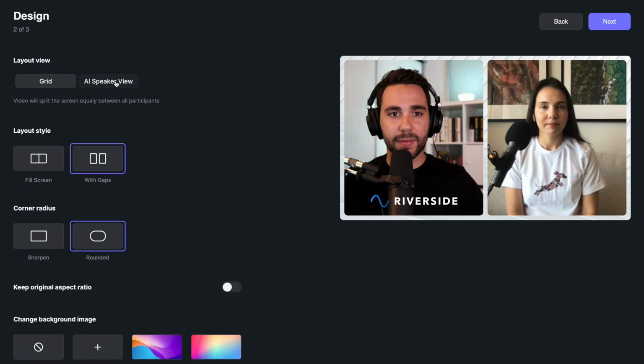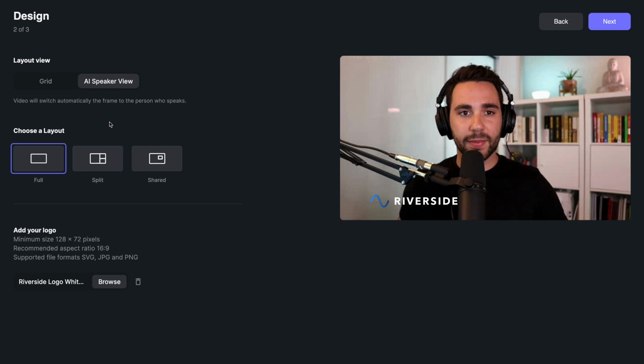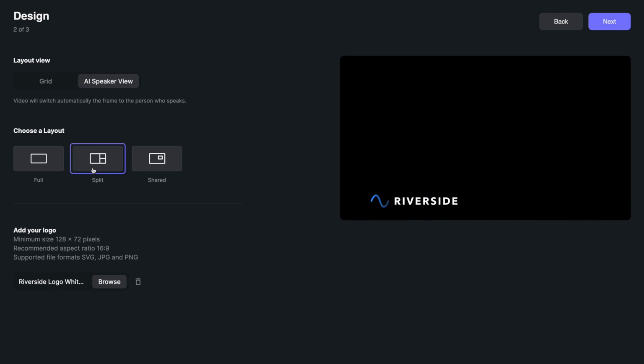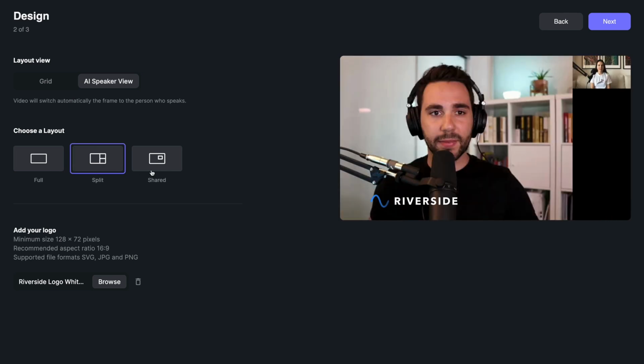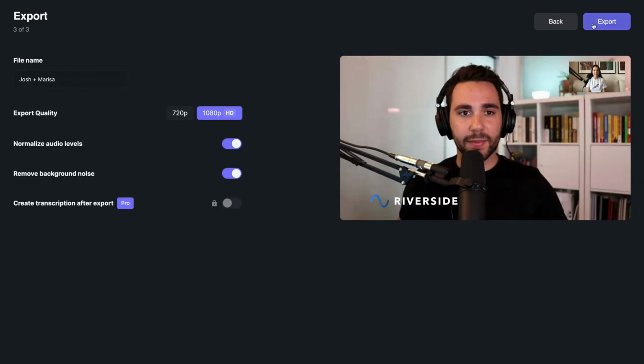If you select the AI speaker view, Riverside will automatically switch the frame to the person who's speaking. This is different than the Zoom speaker view, where the AI speaker changes before you start talking, and it won't switch cameras if a guest makes a small noise like a laugh or a cough. You can choose one of 3 AI speaker layouts: full, split, or shared. In the last step, you can give your file a name